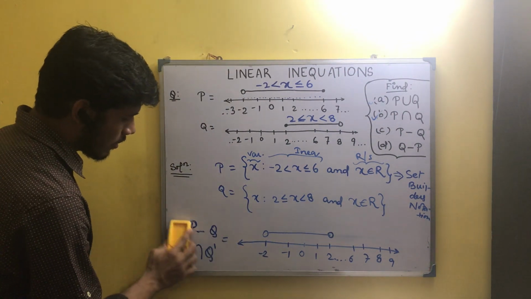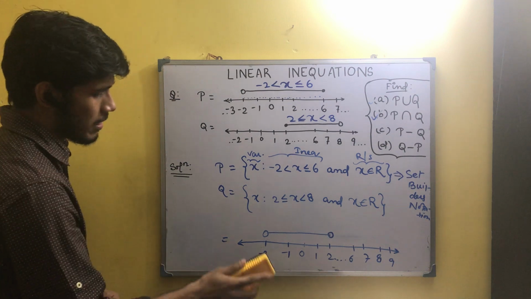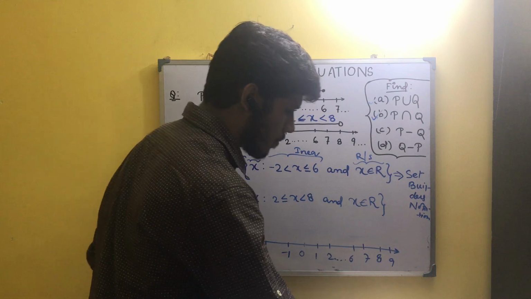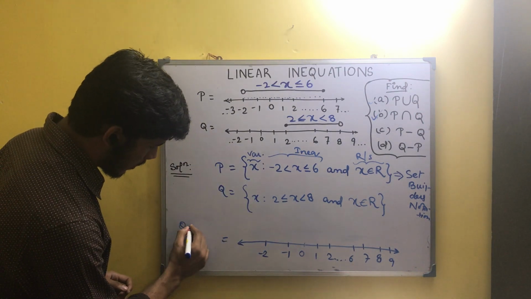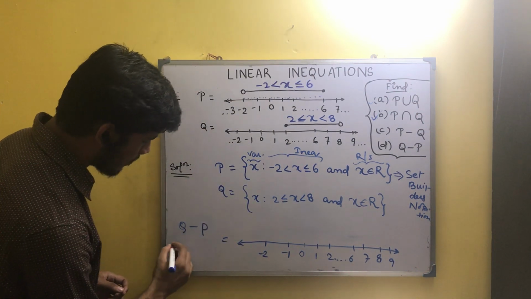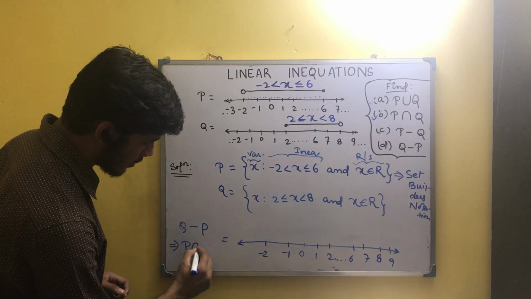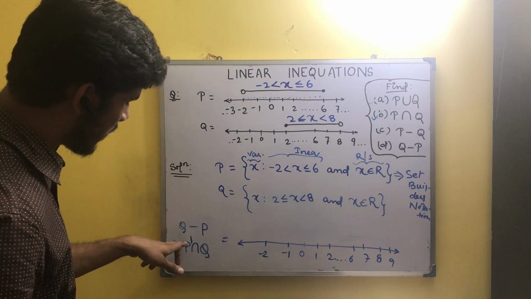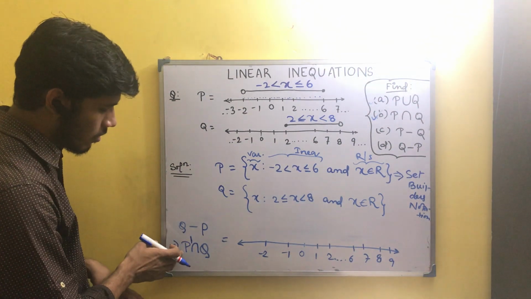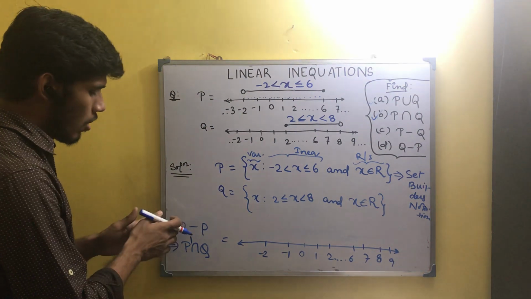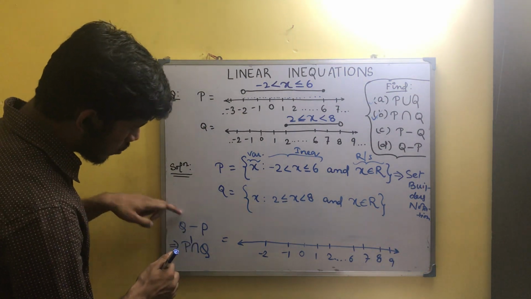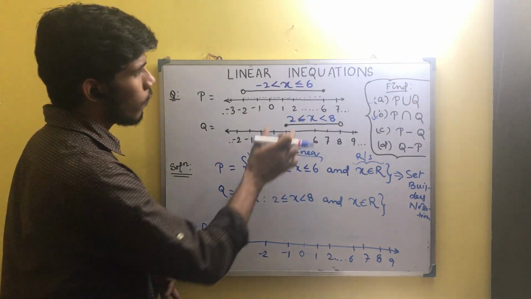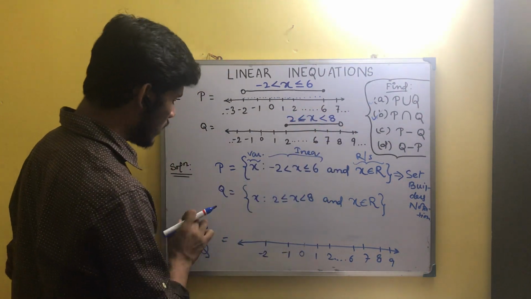Now next is Q minus P. Similarly, if we talk about Q minus P, the terms are reversed, which means the statement and the meaning have also just reversed. Okay, so Q minus P means P dash intersection Q, that is not P intersection Q, meaning all those elements that belong to Q but do not belong to P, that are unique for Q. Now what are the values here that are unique for Q?